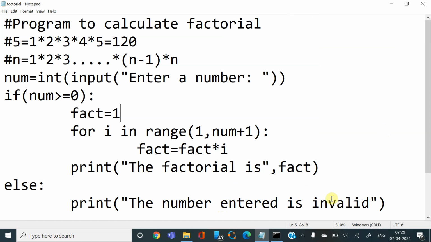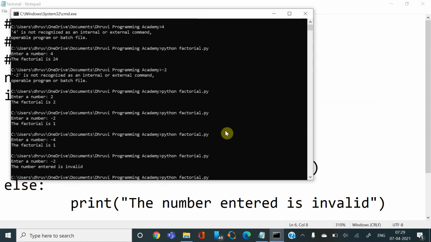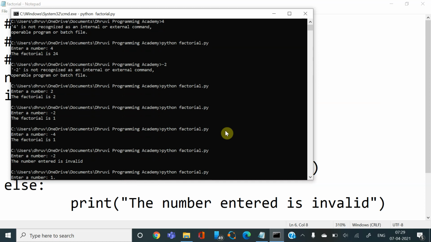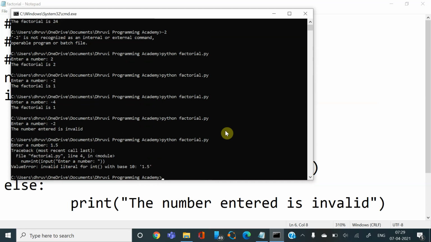Okay, what if the user enters a fractional number, say 1.5? Should we calculate the factorial? So it is giving some error, invalid literal for int with base 10.